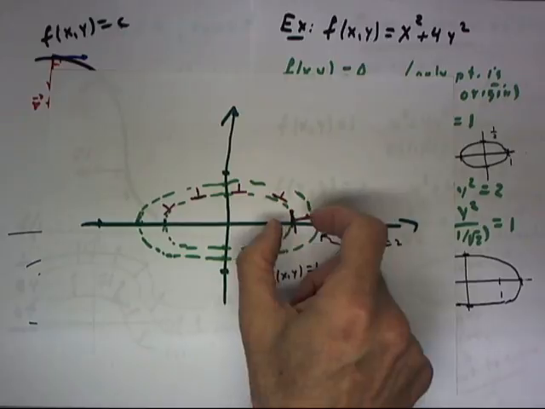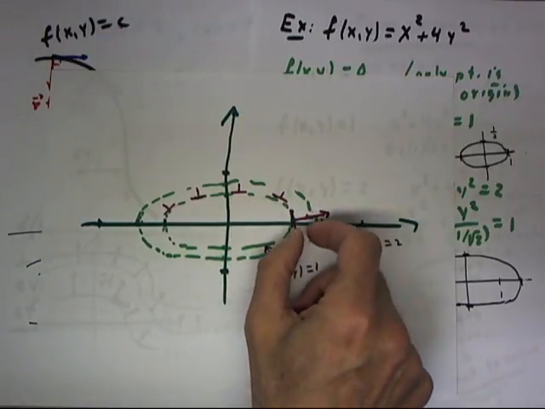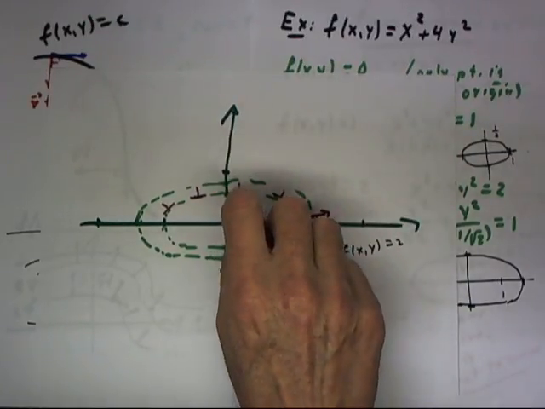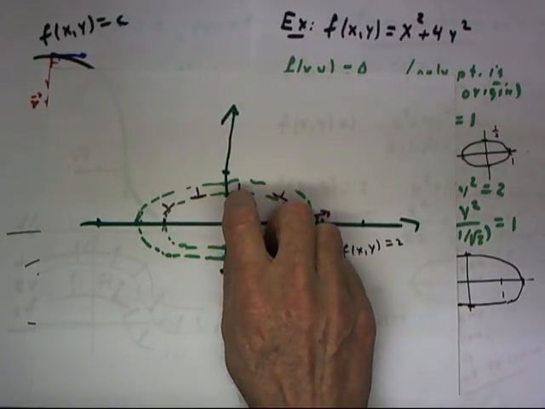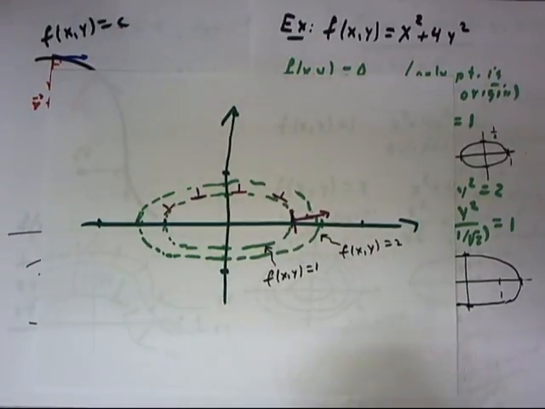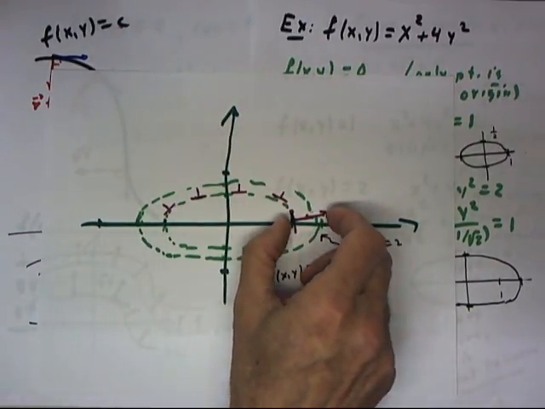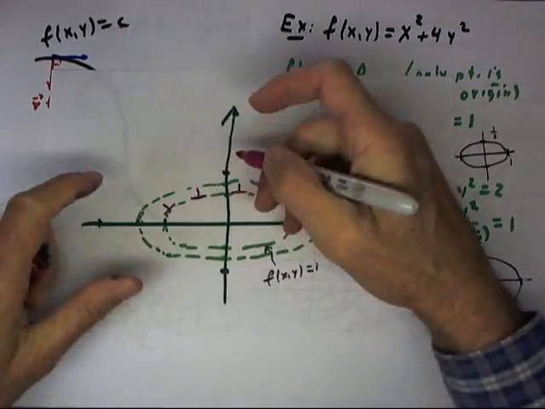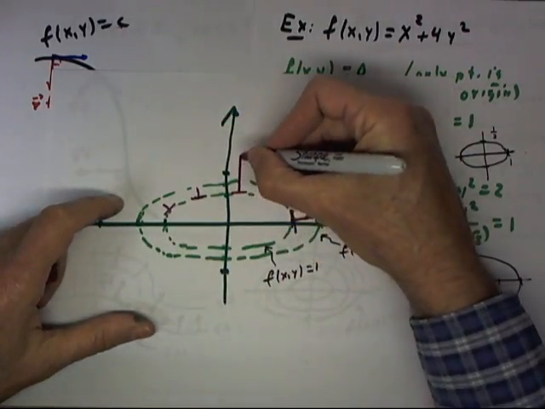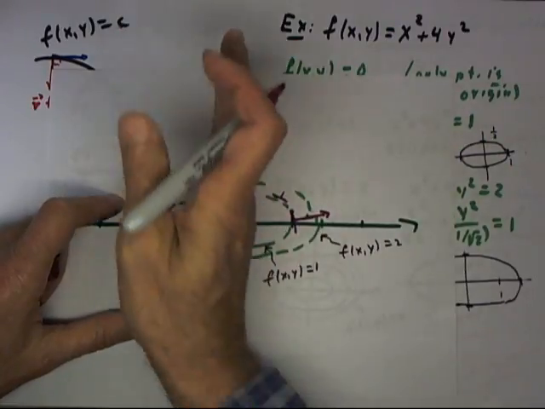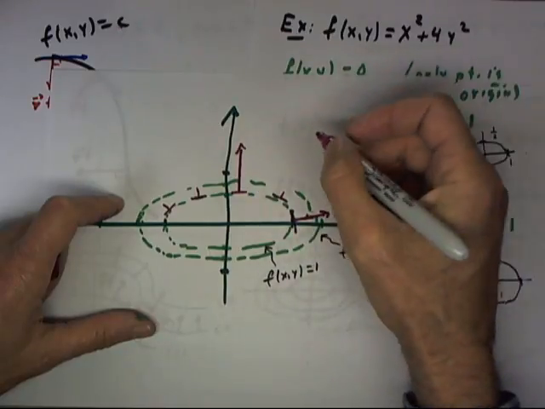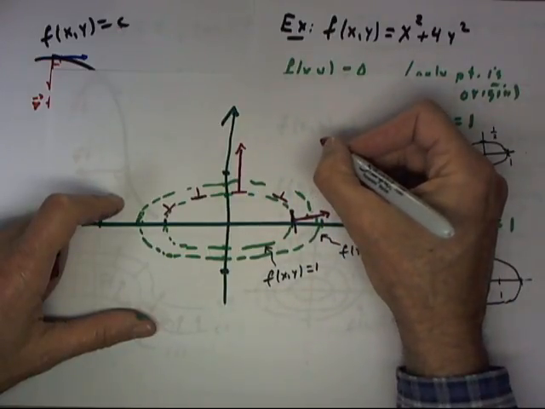this point, almost twice as big, because the curves are almost twice as far apart here as they are here, meaning that the function has to change much more quickly to get from f equals 1 here to f equals 2 here. So if the gradient vector is this long here, it's going to have to be about twice that long here, and if I sketch it, it's going to look maybe something like this. Now my y-axis isn't particularly straight, so it doesn't look that good, but the gradient